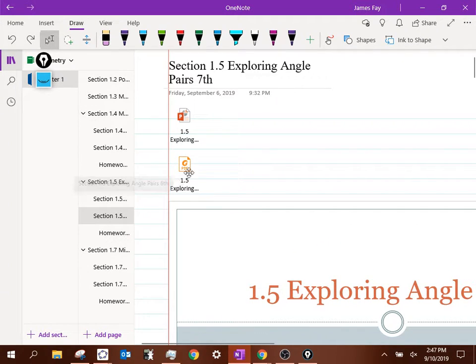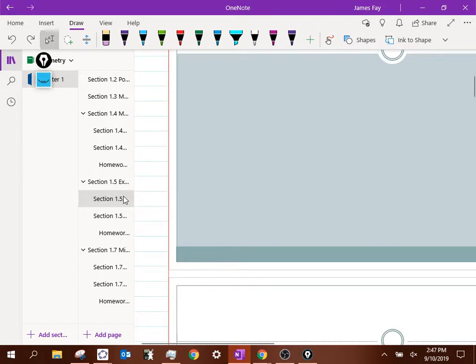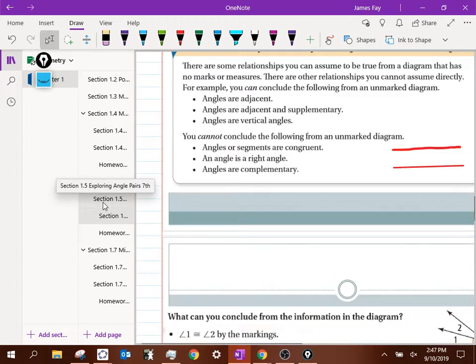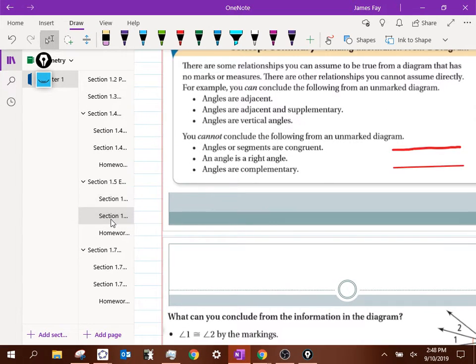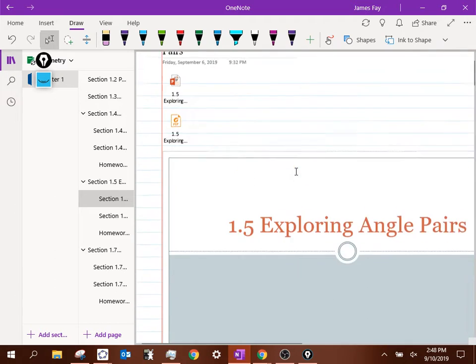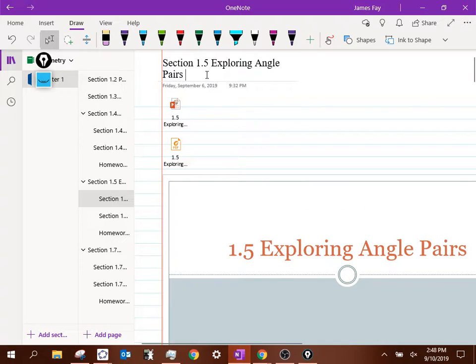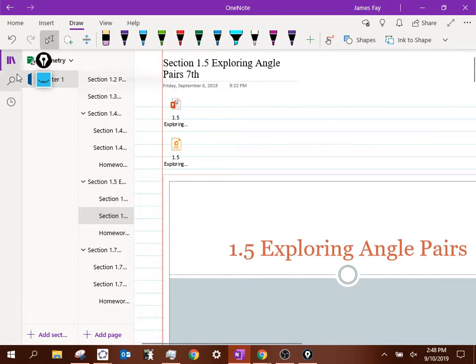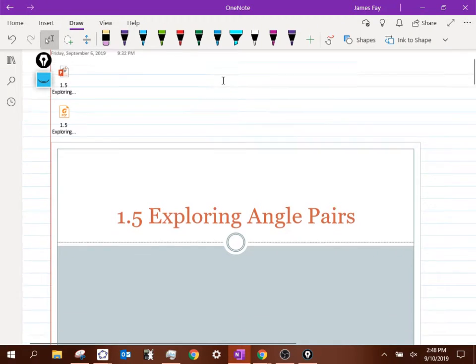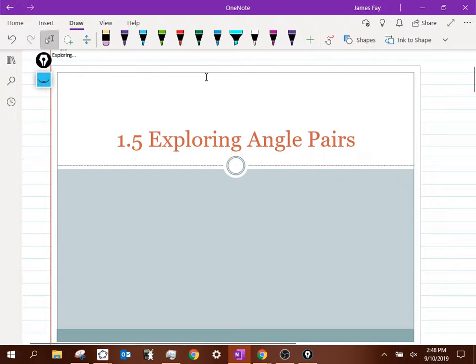Now, we're not going to be able to finish it today, but we will start it. All right, so 1.5 is